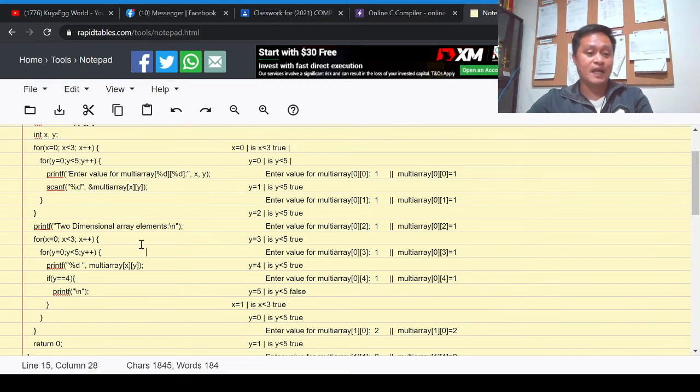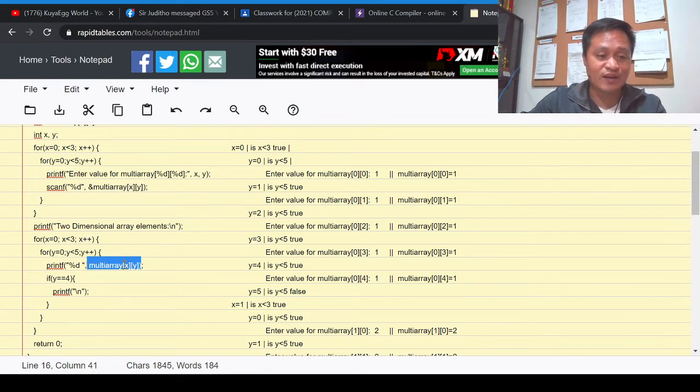nested loop statements. And the next one is the display part. It will display whatever values that we are trying to enter in here. So the same logic, we are actually using nested loop, but instead of asking, we are actually displaying the value, or the content, of multi-array, and whatever is the value of x and whatever is the value